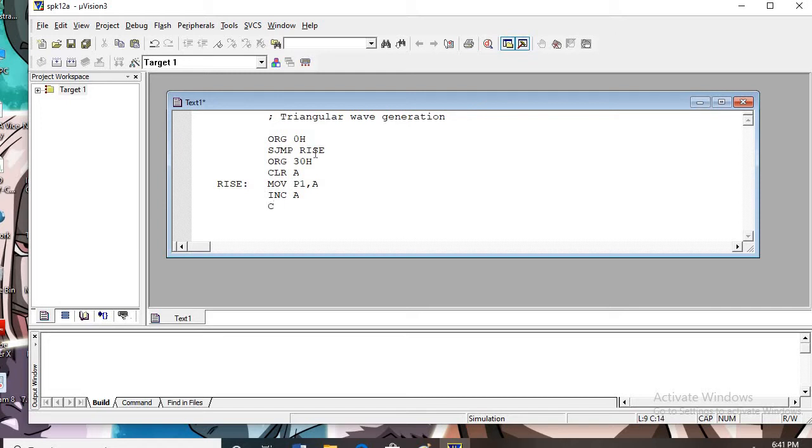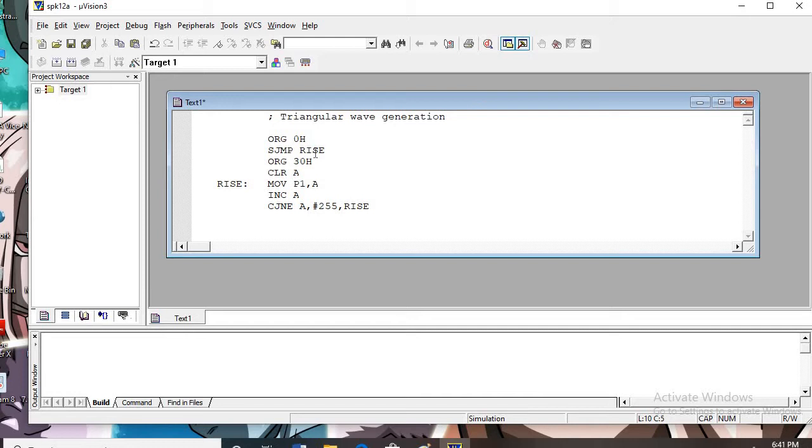So compare, jump if not equal, contents of accumulator with immediate 255, and then the target address is rise. So if not equal, go on doing this and sending it to port 1. Very simple, straightforward logic.